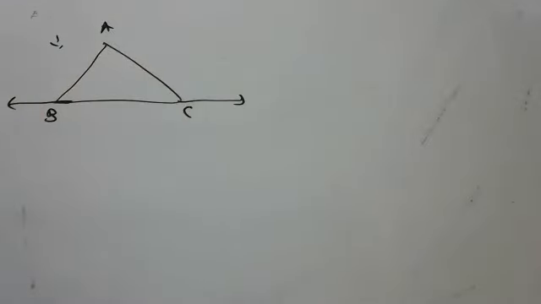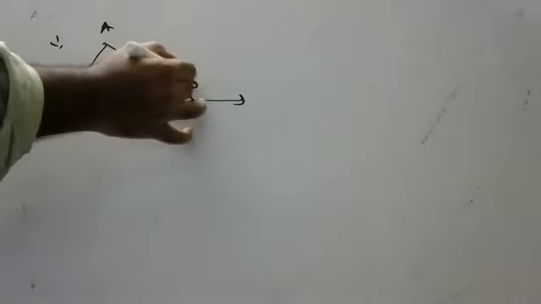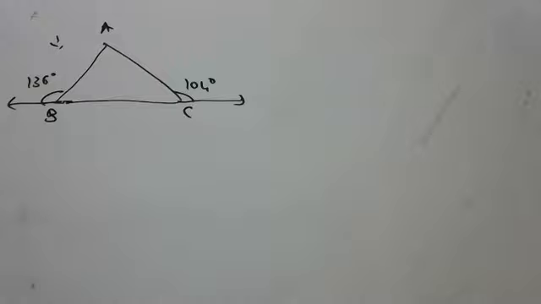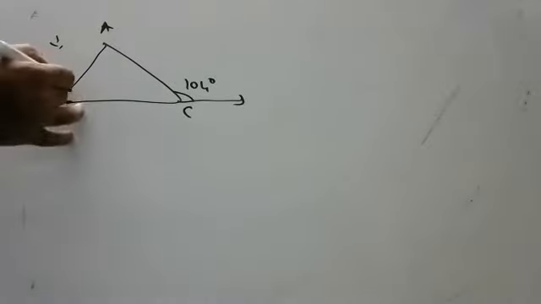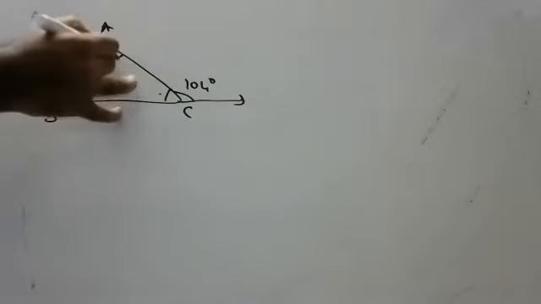The exterior angles obtained on producing the base of a triangle both ways are 104 and 136. Children, this is A, B, C. This is extended and this is also extended. One angle is 136 degrees and another angle is 104 degrees. The question is, find all the angles of the triangle. Anyone wants to give a try, children? I want this angle, this angle, this angle.